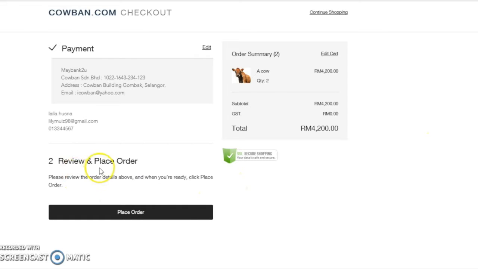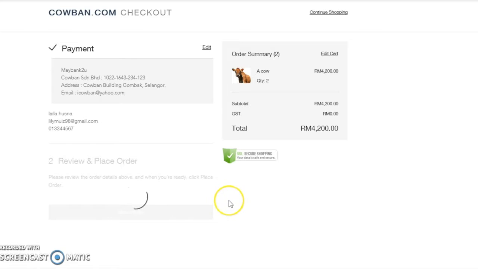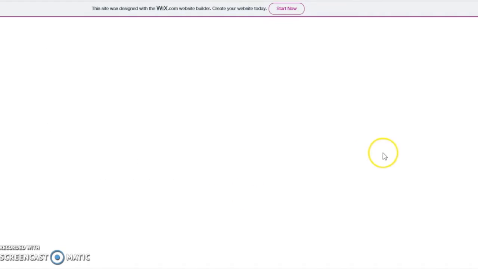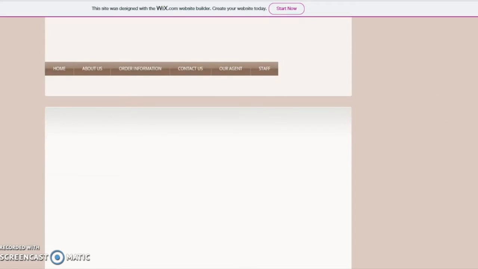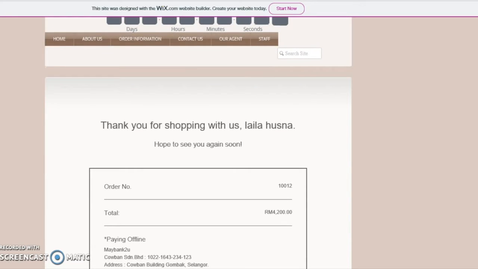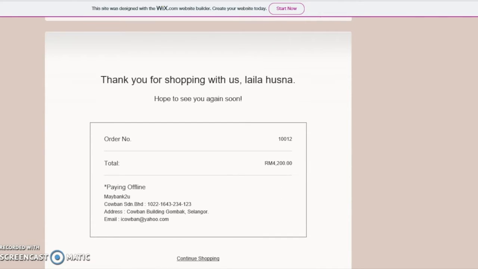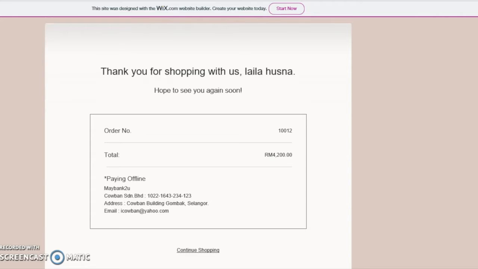The second one is review and place order. I click the place order. And then this is the receipt for my order